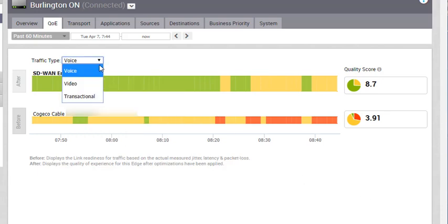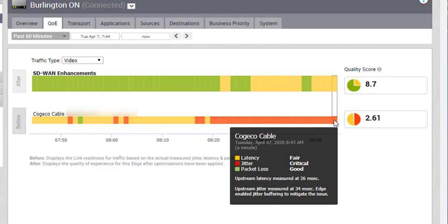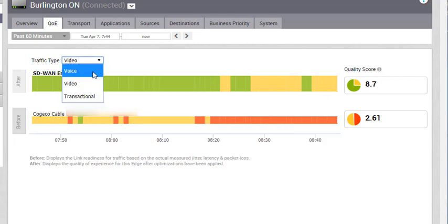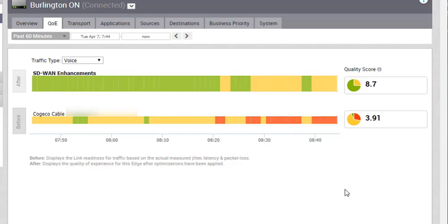So if I take a look at transactional, this is basically just web traffic. It should be fine because there's no latency delay. Video is even a higher stringency, so I can see that without this, I'm running about 2.61, which is not great. Jitter and latency will kill the video calls, and it also kills the voice calls. And you can see if I go to my voice here, I'm still at about 8.7 over the past 60 minutes, which is impressive because